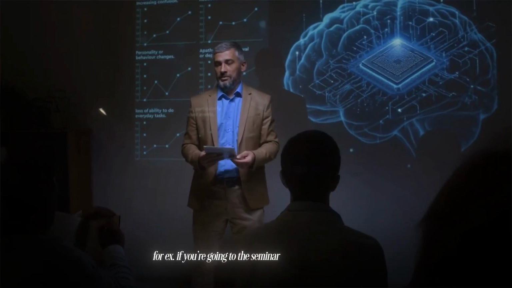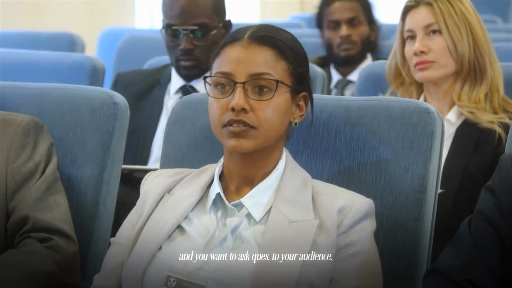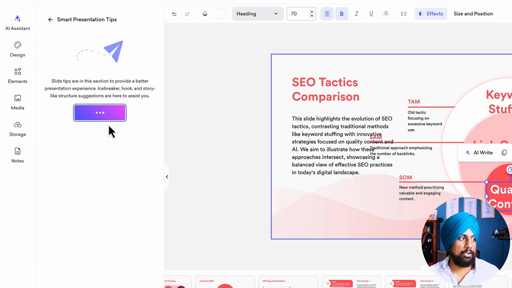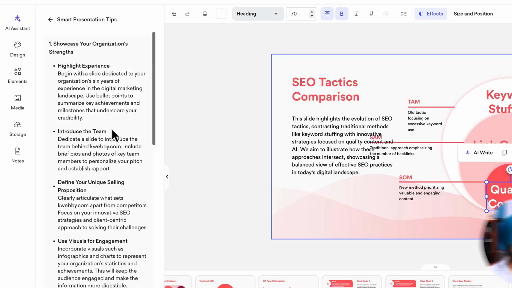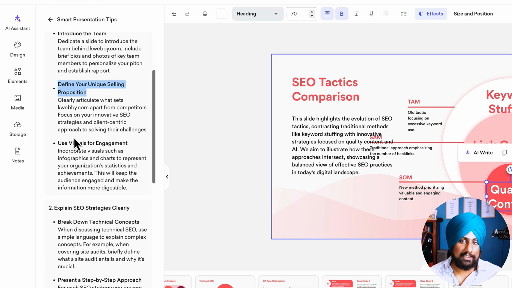For example, if you are going to a seminar presenting your deck and you want to ask questions to your audience, there you need to add that. So there's smart presentation tips. If you click on creating the tips, it will analyze your deck and provide you the tips that you can use to improve the deck you have created. So let's go here. There are different types. For example, highlight the experience, you need to highlight that. Introduce the theme, define your unique selling proposition. For example, the innovative SEO strategy used, I need to include that in my deck to make it a more